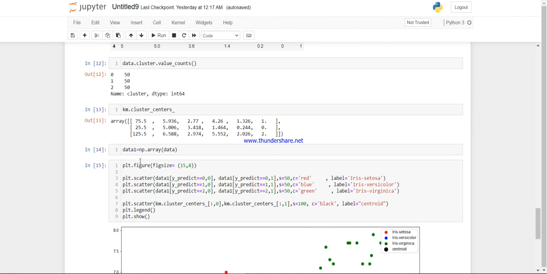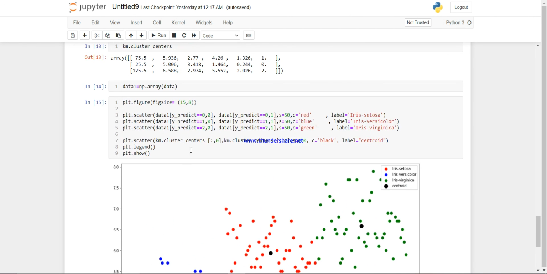Then we convert our data into an array. Then for the visualization, we draw a scatter diagram for the predicted data.